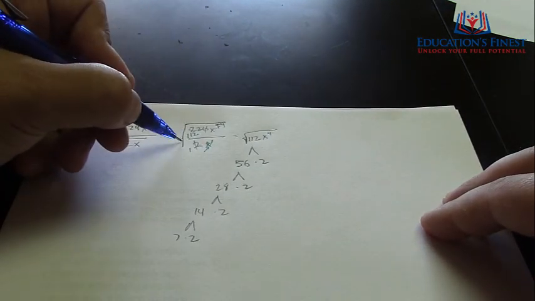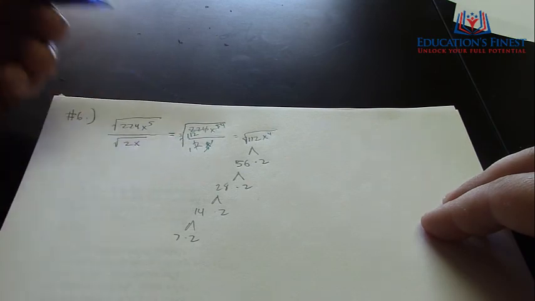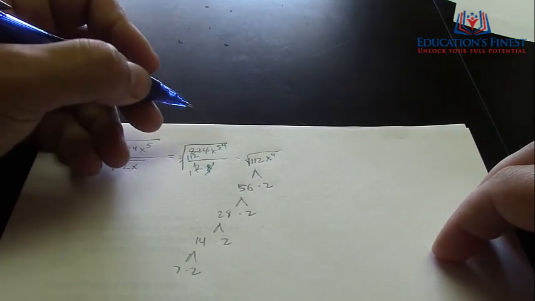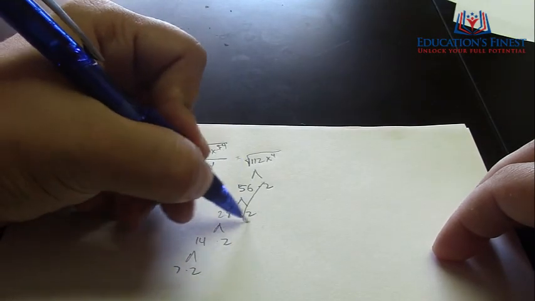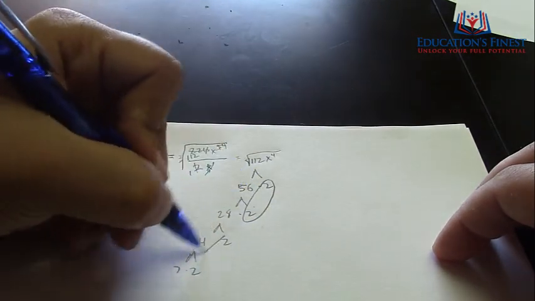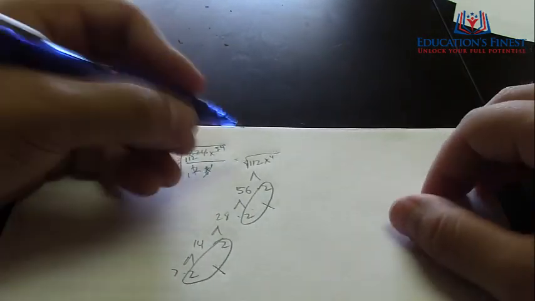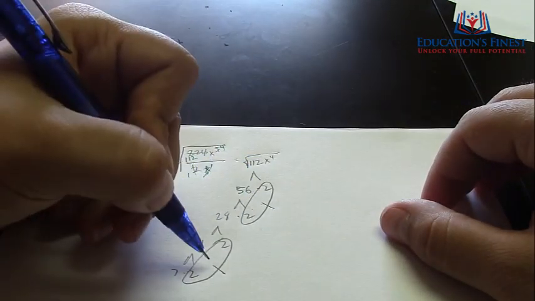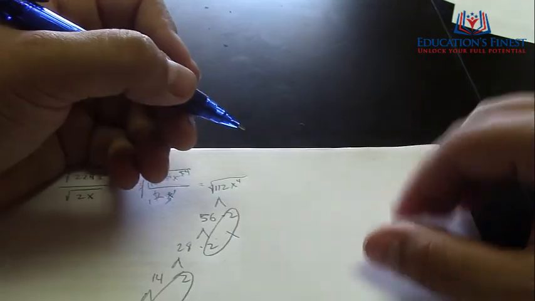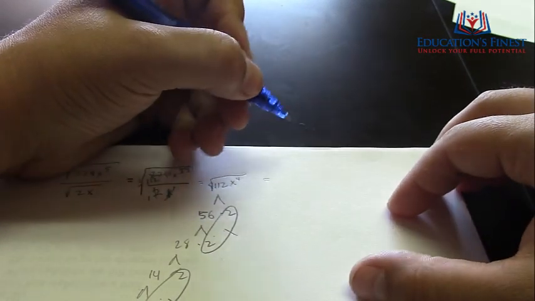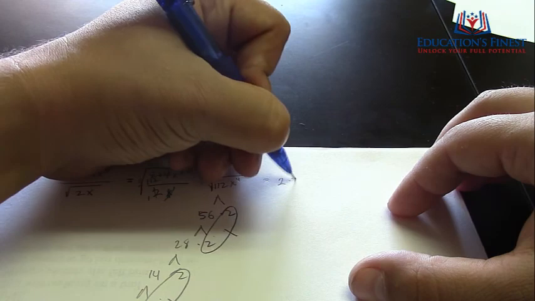Now, it's a square root, okay? So there's like an invisible 2 there. It's always a little invisible 2 for a square root. So what you do is look for groups of 2. There's 2 2's there, and there's 2 2's there, okay? So what happens is 2 2's will pop out of that square root, okay? So what you're going to end up with is 2 times 2,